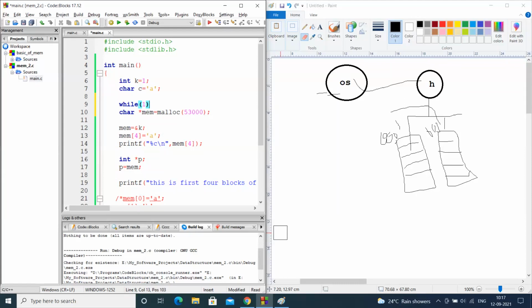up messing with the entire environment, sometimes the OS interrupts that program, because there is a concept of a high priority program in the OS. High priority programs have the capability to terminate any other program on the system. Because of that, the OS ultimately terminates this program, called mem2.c. This program will be terminated by the OS as soon as it understands that this program is eating